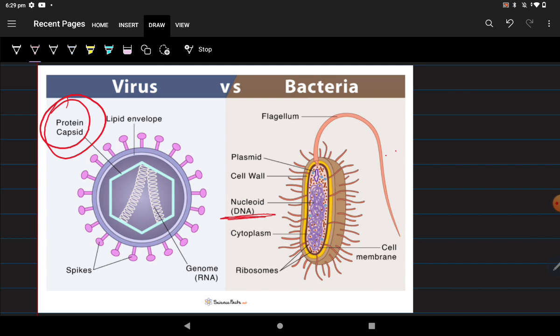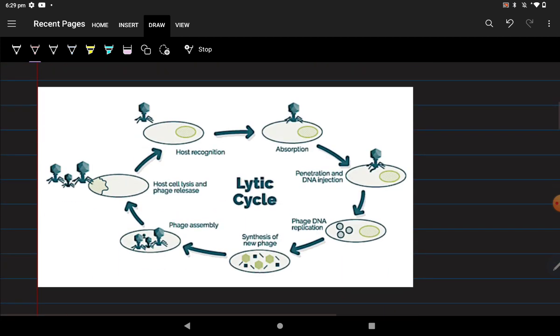Now, when viruses enter our bodies, they can behave in different ways. Some viruses invade our cells and use them as factories to make more copies of themselves. This process is known as the lytic cycle, where the virus takes over the cell's machinery and replicates until the cell bursts open. Or, in other words, people say cell lysis,